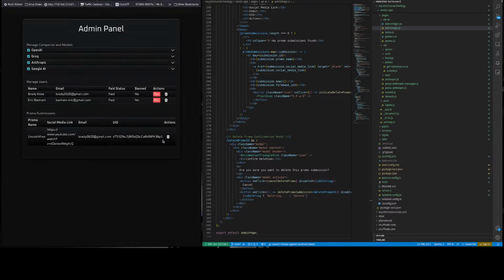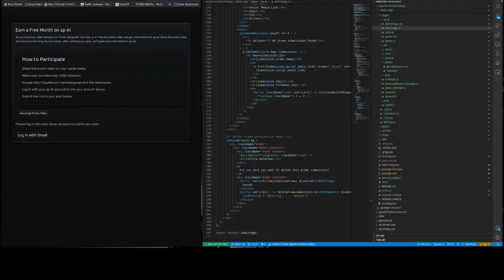Okay, so we got the delete button here. This is only really visible to me, so I don't care too much about the interface. I did some styling to it. I just reapplied styles from other components. But,